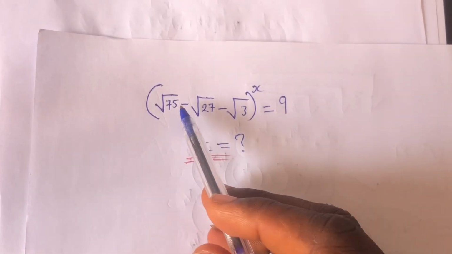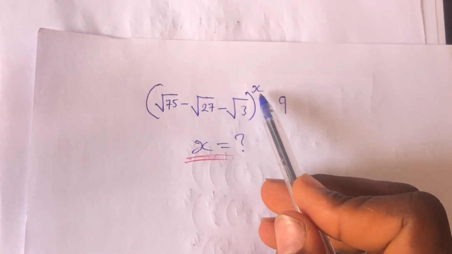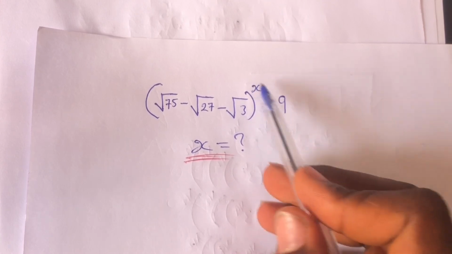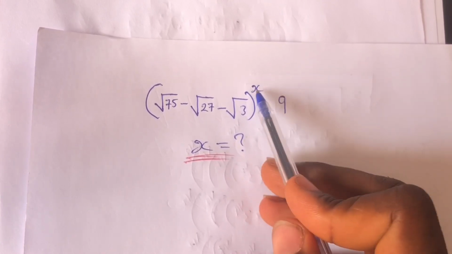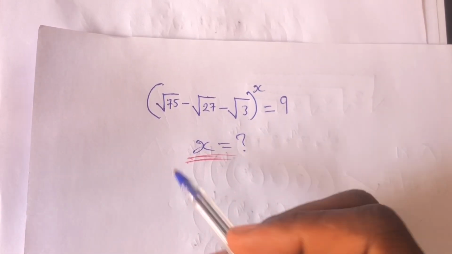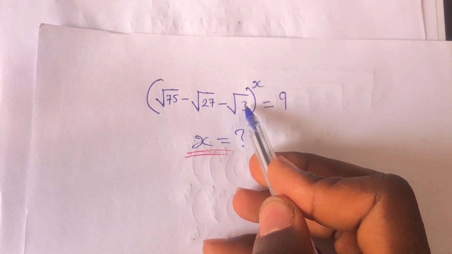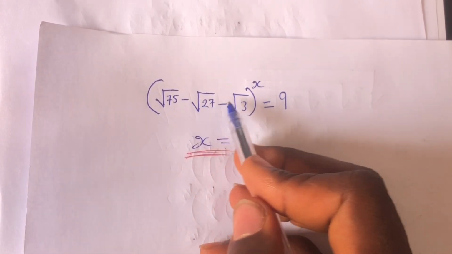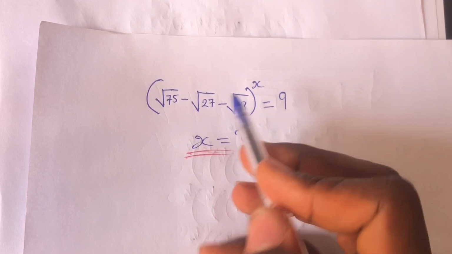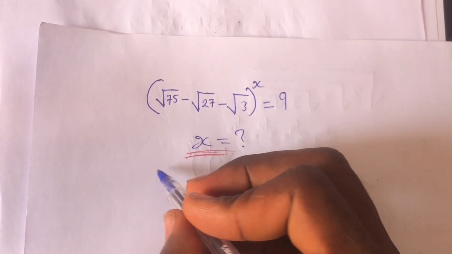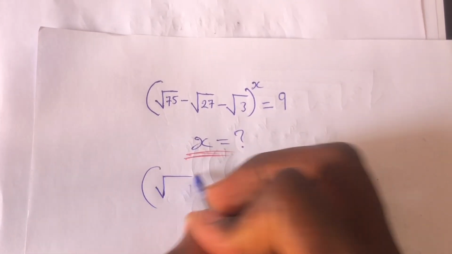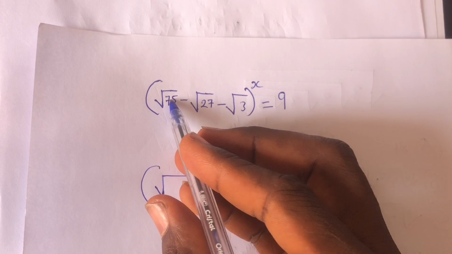Okay, we are meant to evaluate this and also give the value of x here. So from here, everything is in terms of 3. We can write everything in the square root in terms of 3, because say root 75,